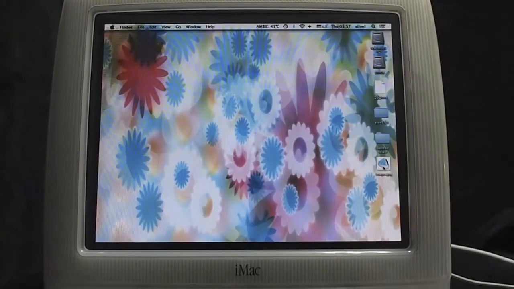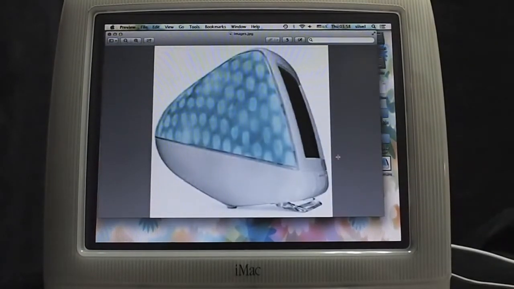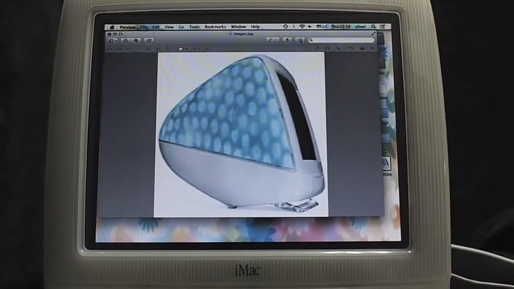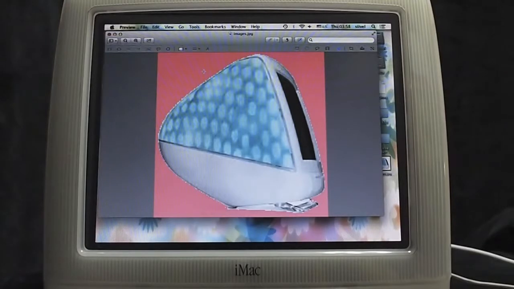I've got an image of iMac G3 Blue Dalmatians here. This step is to change it from a JPG file to an icon. We use Preview to edit it. Click here and then here, and then we click and drag until the background changes to pink color,